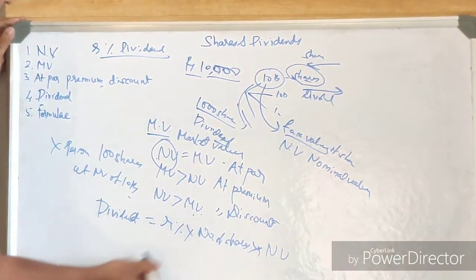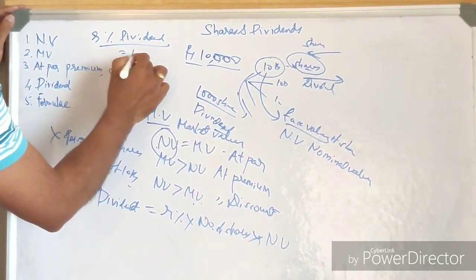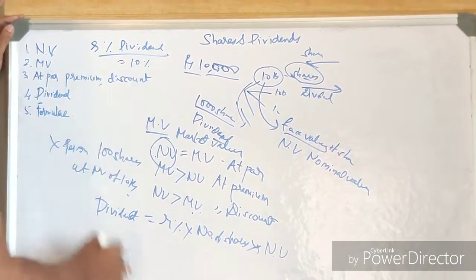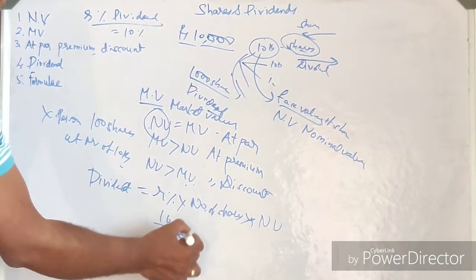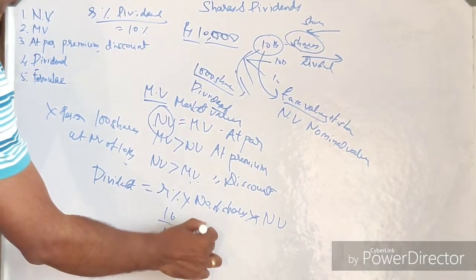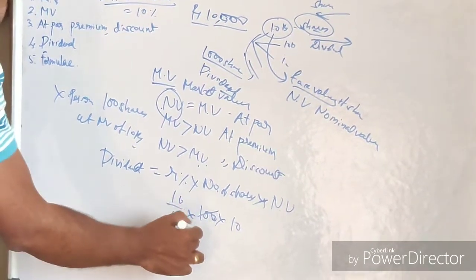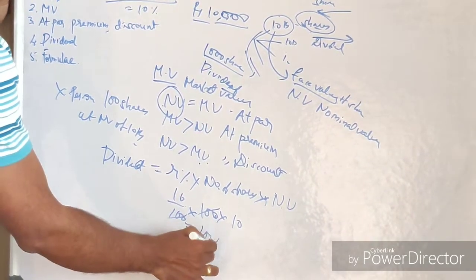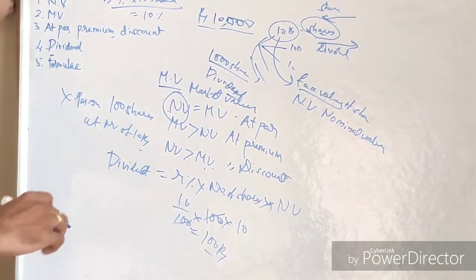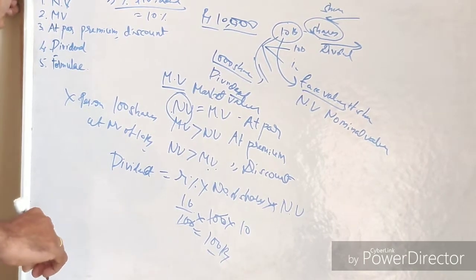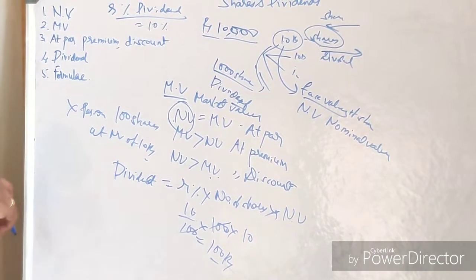So R% can be, suppose, 10%. The number of shares he bought is, suppose, 100 shares at a value of 10 rupees. So this becomes 10 by 100 into the number of shares, into NV, which was 10. So basically, the profit he earned is nothing but 100 rupees. That's how the company calculates the dividend percentage and gives the value. This becomes one of the formulas for finding the dividend percentage.